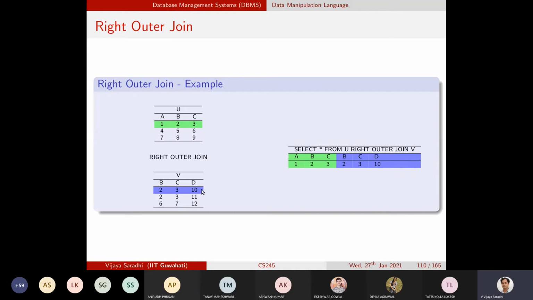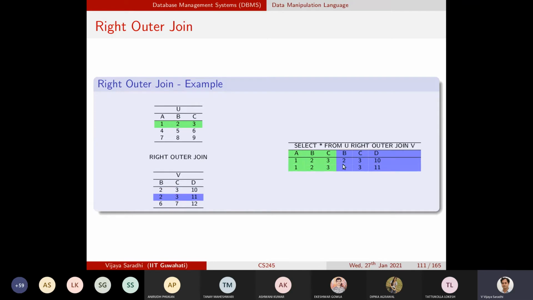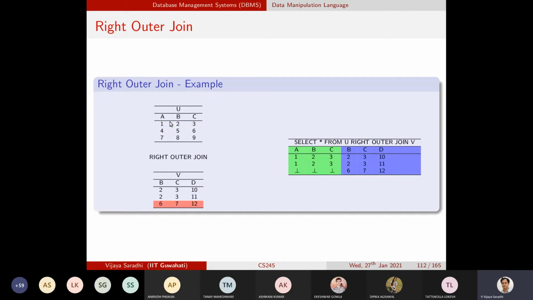So here I will take the first record in V and then perform the natural join operation, that results in this one. I will go to the next record of V and then perform the natural join with this one. And then try to see if 6, 7, 12 has no matching record. So I will pad null values in the resulting right outer join.